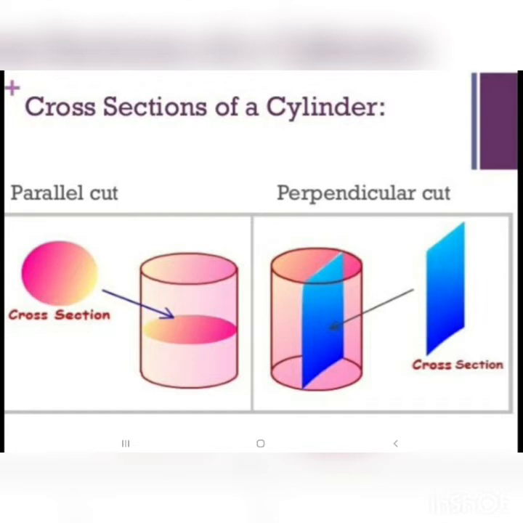That means horizontal cut and vertical cut. Vertically cutting and horizontally slicing, we are getting two different shapes. The whole shape is what? Cylinder. But when you make a parallel cut, we are getting what? A circular shape, and whereas with a perpendicular cut we are getting a cuboid. So in this way also we can view a solid. Altogether the cylinder we can view, but when we are slicing it, we are getting two shapes: one is a circular shape and the other is a cuboid.